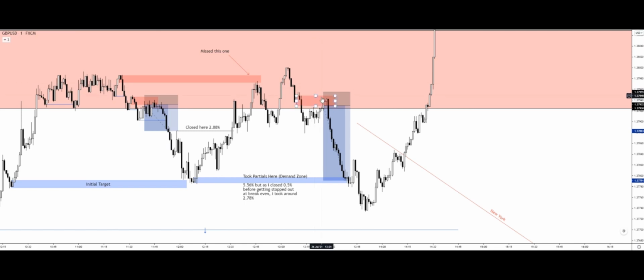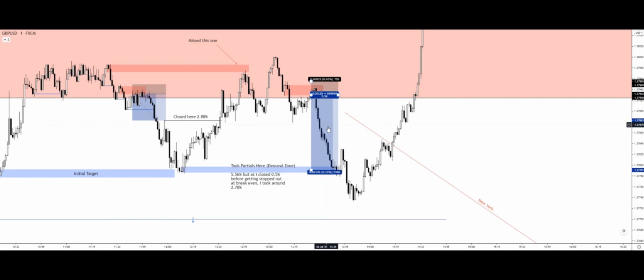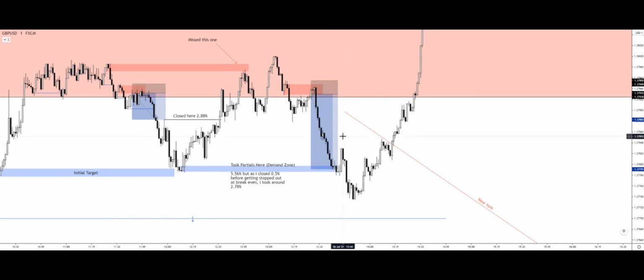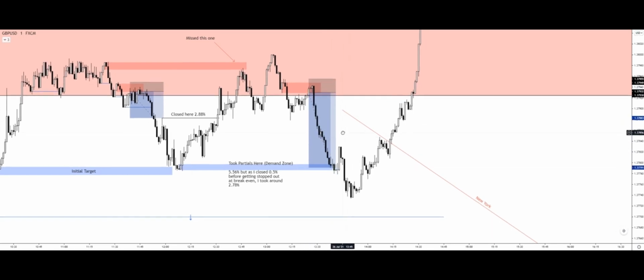order block. As you can see, price came up, and my entry was on the open. Tiny bit of drawdown, 1.5 pips of drawdown, 1.25 pips of drawdown, and the price pretty much rallied off to my entry, where I was taking partials, because again it was a demand zone,